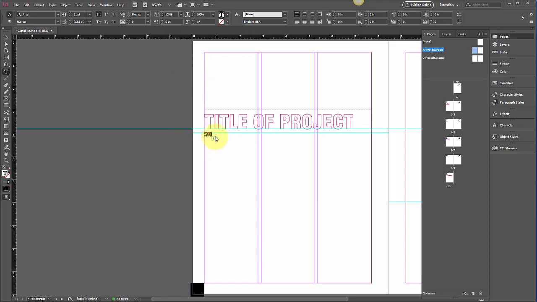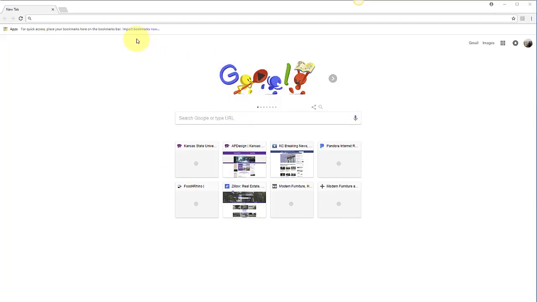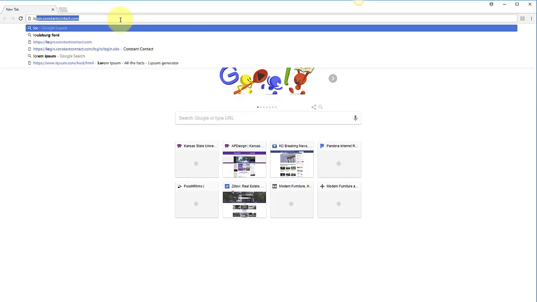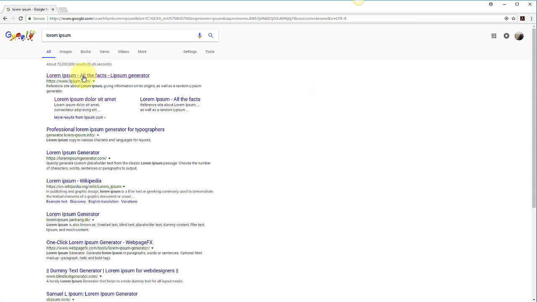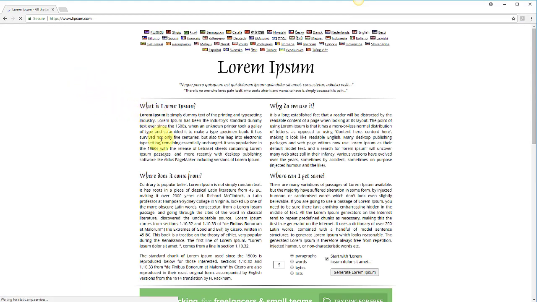And I'll go ahead and grab some lorem ipsum. Lorem ipsum is a term for text that looks like text but really is just gibberish. And you can go to this site